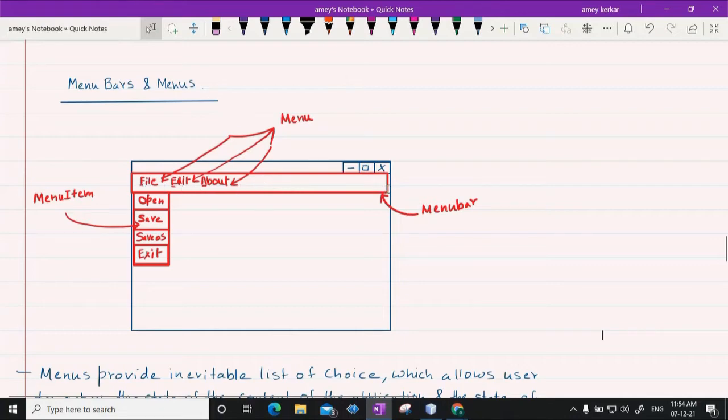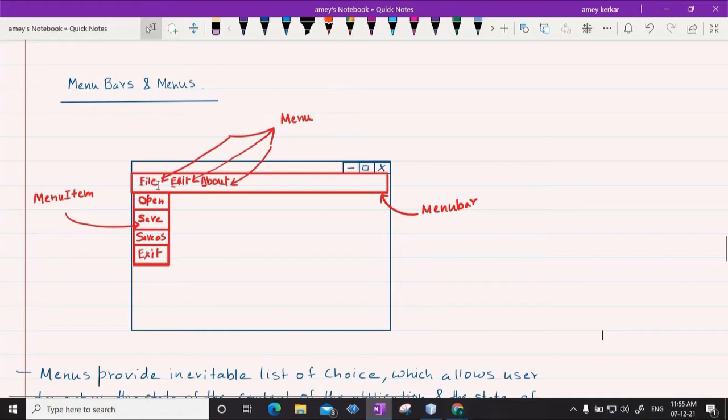Usually the menu bar, in some applications you can have more than one menu bars. As you can see on this OneNote application that I have opened, this is my menu bar where you have different drawing pens and different components which are shown. Similarly, on this particular window here, this is a menu bar. Usually for any Windows application, menu bar houses different menus. So file is one menu, edit is another menu, contact us, about, there are so many menus that we have. So this is called as a menu.